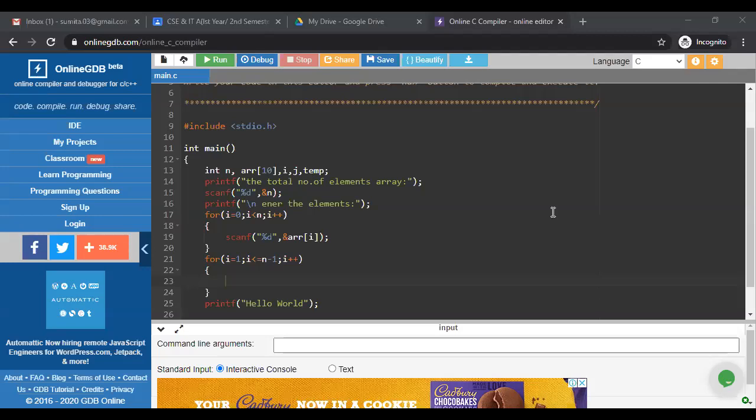But after inserting 22, 22 is compared with 77, and also with 44. So after inserting 22 there are two comparisons, because we have two elements already in my array: one comparison with 77, another with 44.